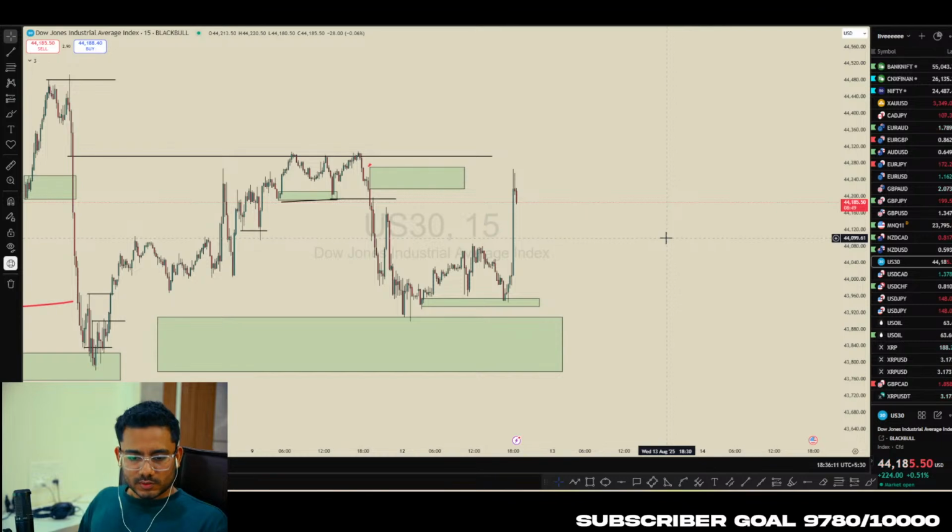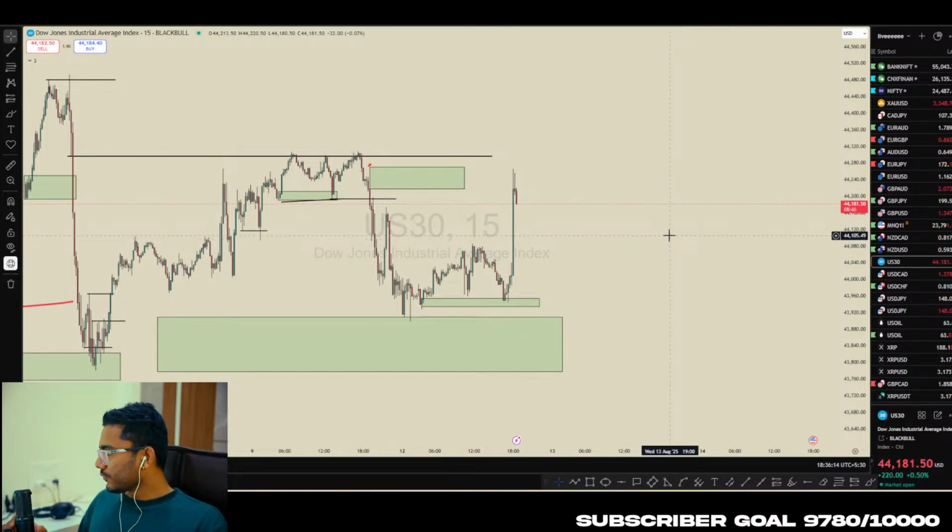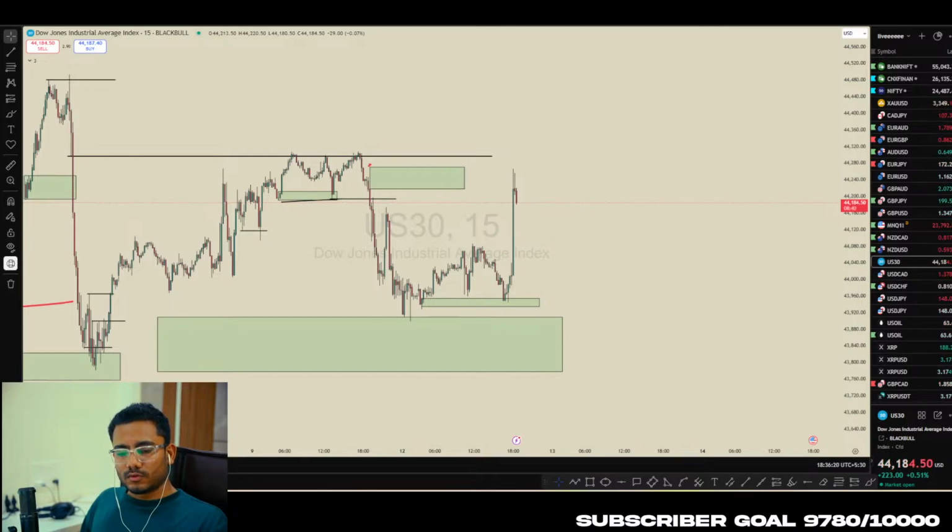How to tackle big losses? So for big losses, you have to take trades with risk management. If you're risking half a percent or 1%, then you should probably take 1 to 2 trades a day. But if you're taking big losses, that means you are not using a stop loss. You're just randomly trying to catch every move. And the thing is, you try to hold the losses, but not the profit.